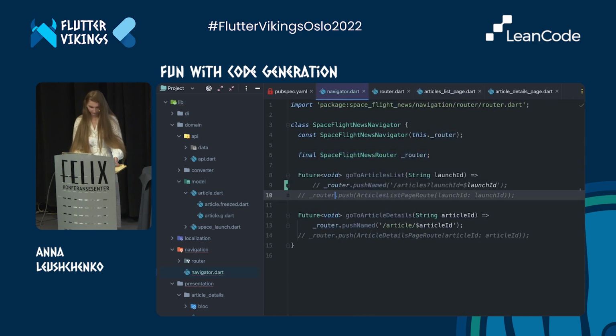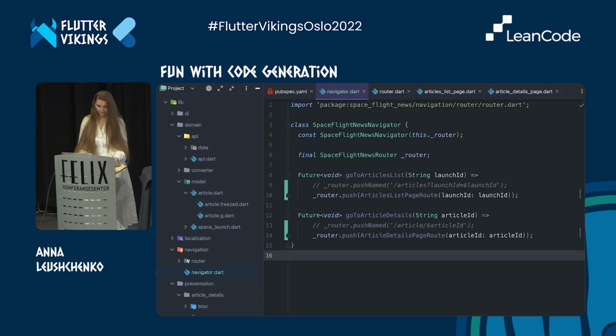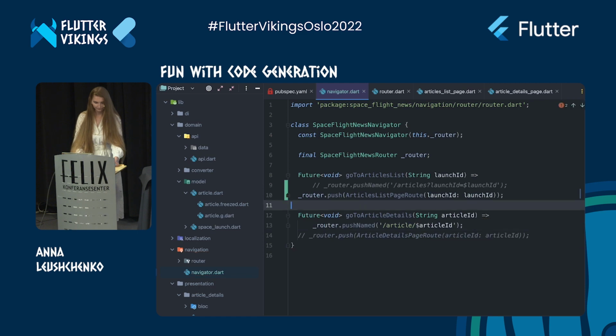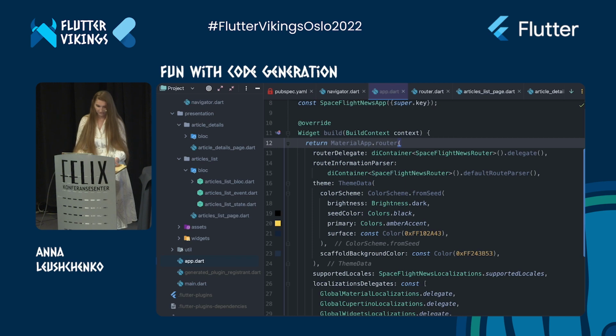I wanted to show that AutoRoute has generated strongly typed routes that replicate page parameters if you want to use the non-named navigation. The application widget now contains a way of connecting the navigation to the generated AutoRoute implementation. The AutoRoute package supports many more features like nested and tabbed navigation, declarative navigation, and route guards. Check the docs on pub.dev as usual.